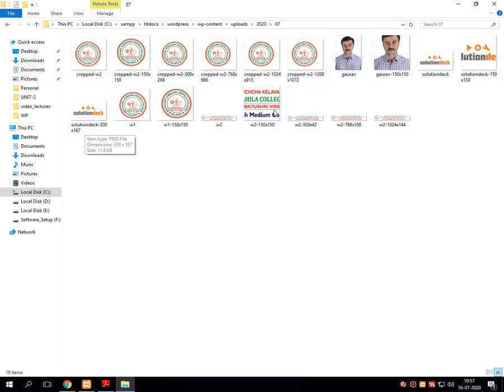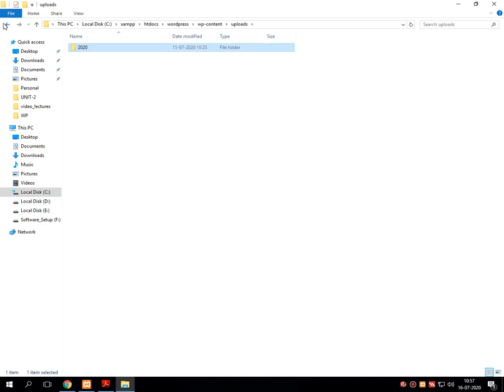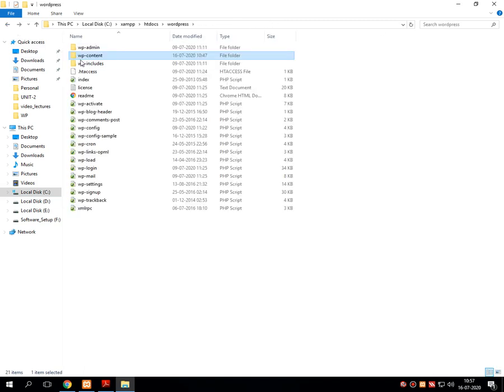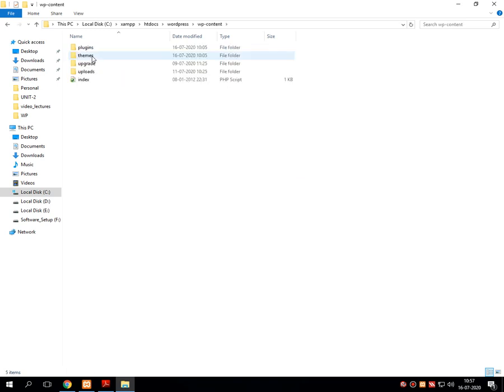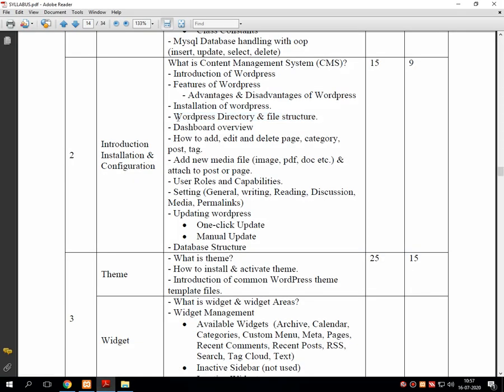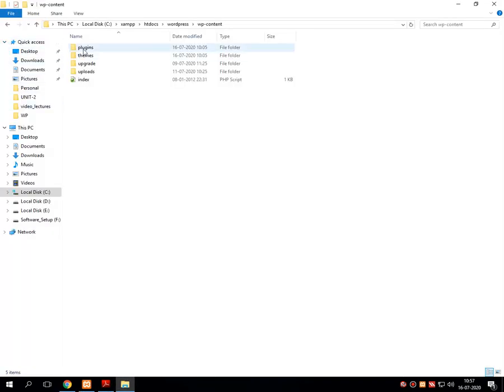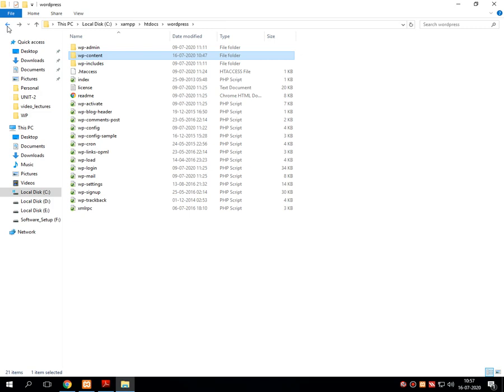That is called Content Management System using WordPress. Means image content is stored inside the image directory of content. What I want to say, again I am repeating my words: in WordPress, there is one folder called wp-content. All the content of the website will be stored inside this folder only. That represents the WordPress directory and file structure. Means everything is precisely stored in separate folders of WordPress.